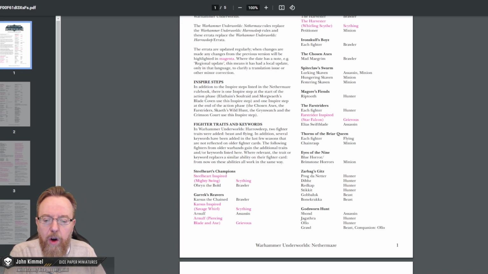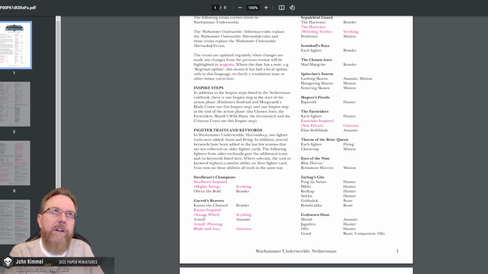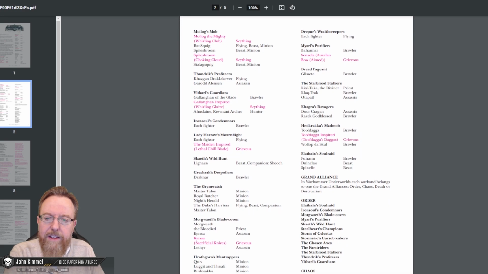I won't go through all of these, but just make a note that they go all the way back to Shadespire as far as adding some of these keywords. So for example, we have Scything, Grievous, but you'll also notice, if you haven't looked at this document before, for example, the Sepulchral Guard Harvester got Brawler, Petitioner got Minion. Make a note of that. I'm not sure how I want to update my cards, but I just want to point out that they've added these keywords to not only the warbands, but we'll see here further,